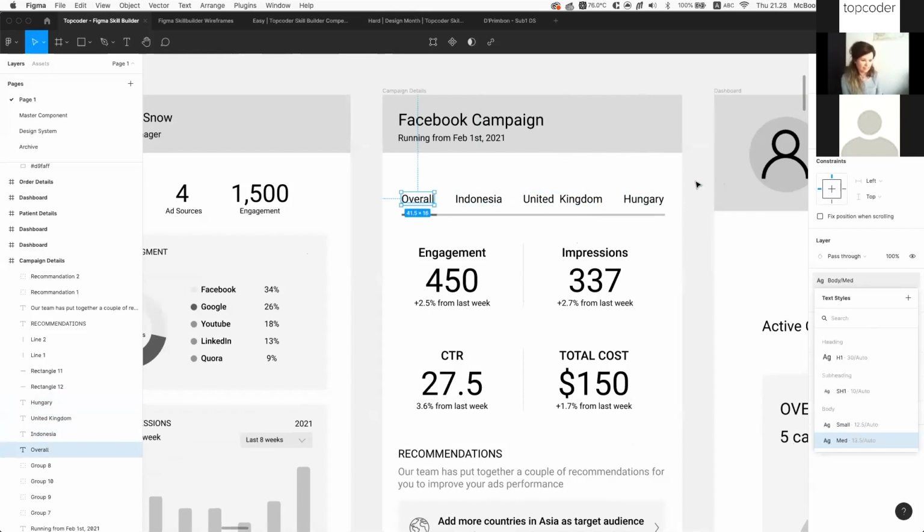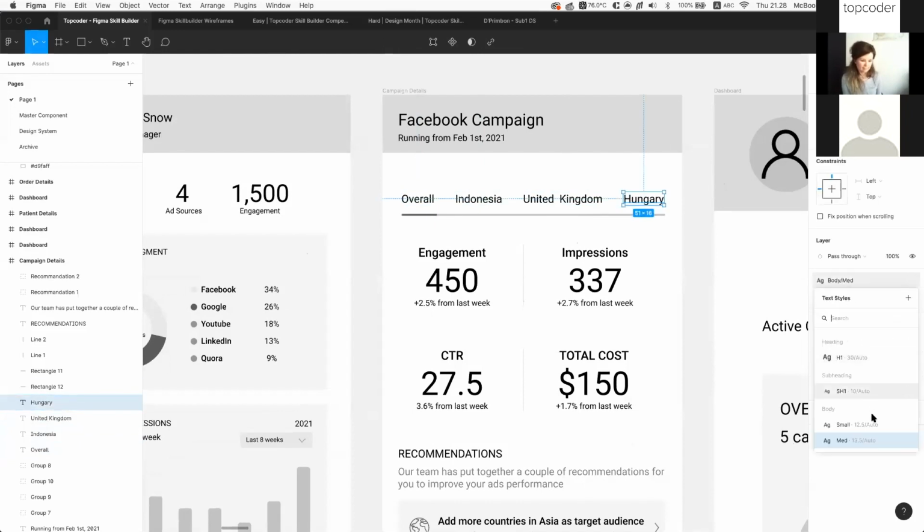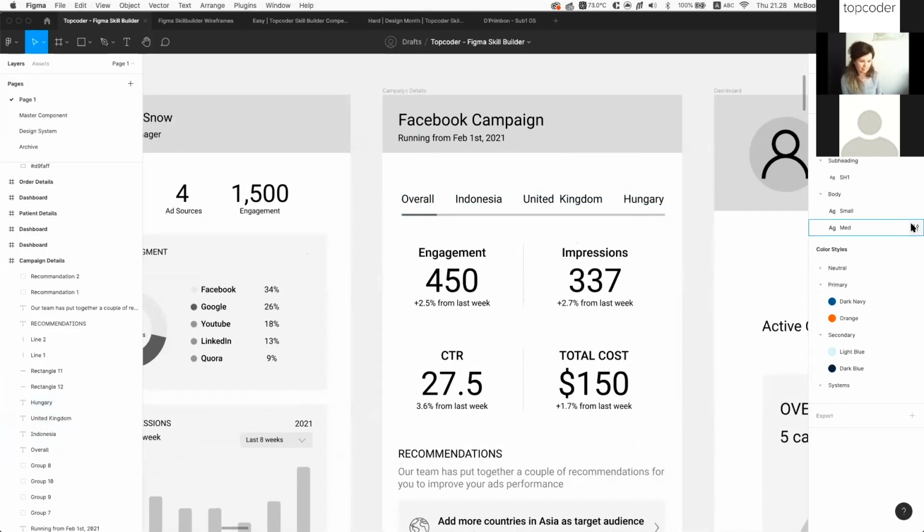So right now we have an issue with this one. It's not a standardized text layer size. So we can directly edit from this one, or we can use this one. If we want to change it to 16, you can see all